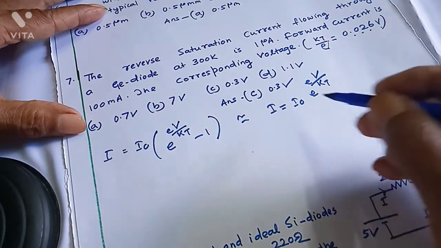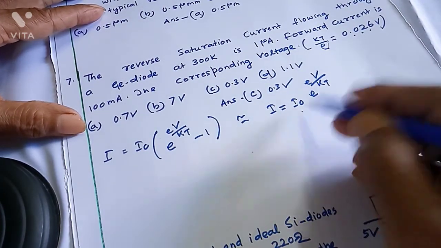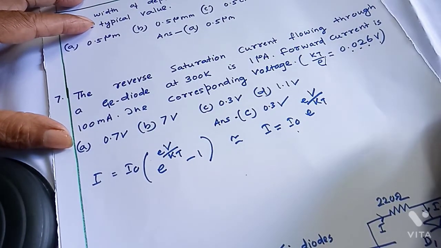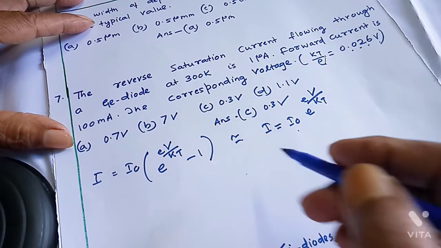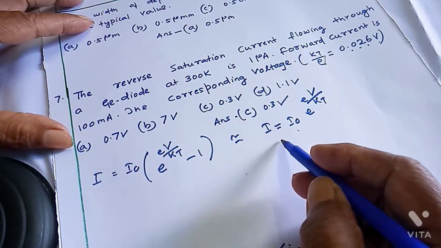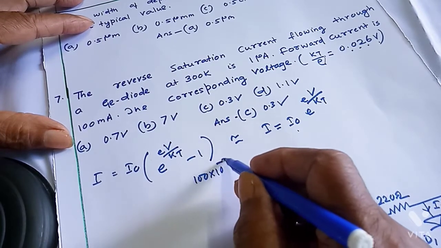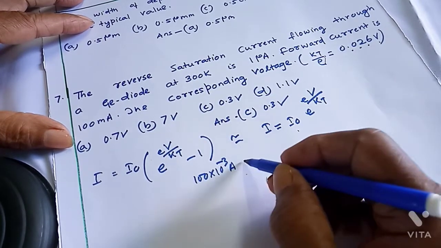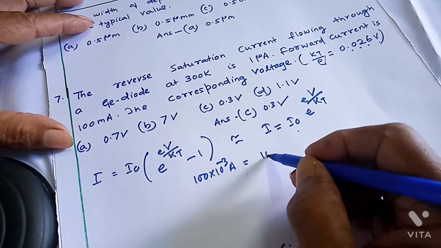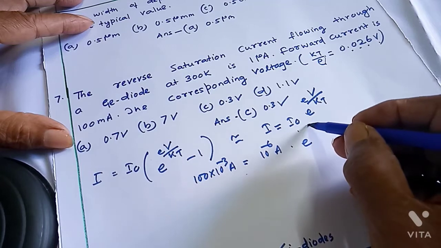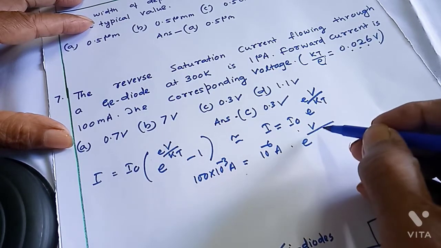Now I0 is the reverse saturation current and I is the forward current at any instant. Now it is given I is 100 milliampere, and I0 is 1 microampere, and KT by E is